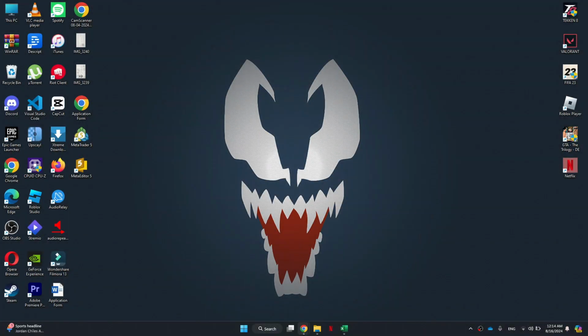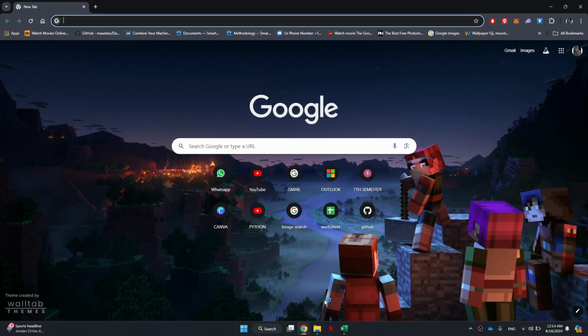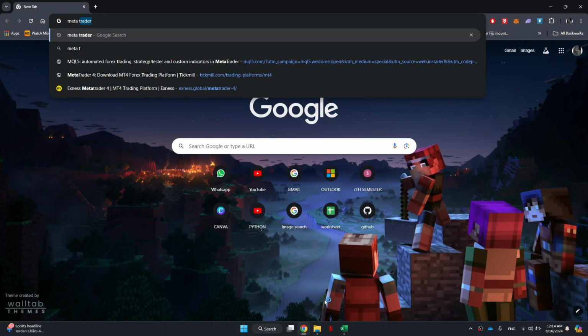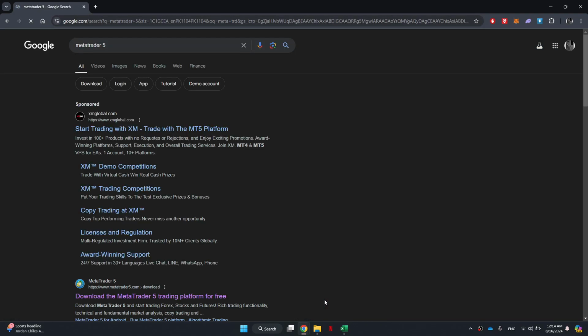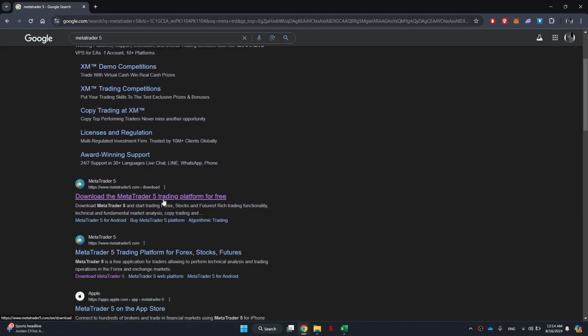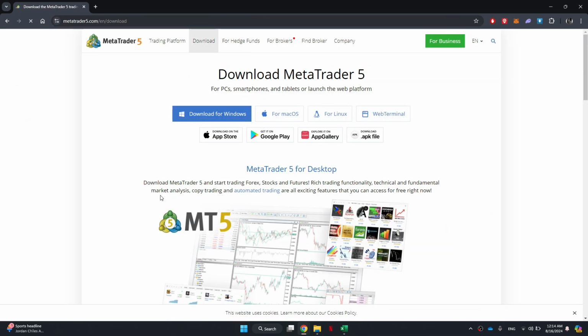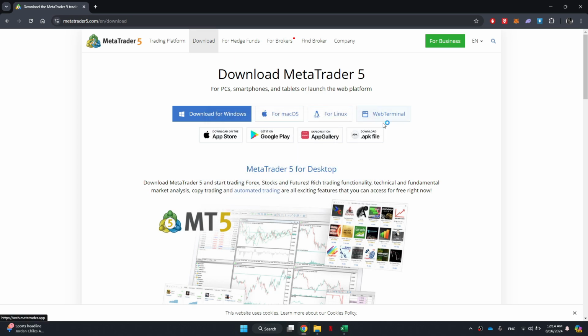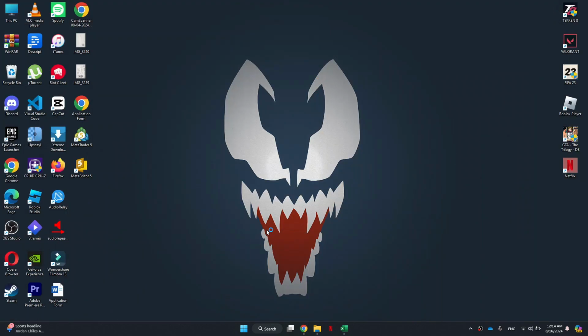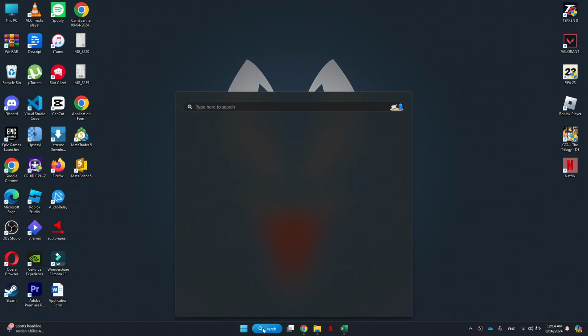Alright, let's begin. First of all, open any type of preferred browser on your PC and search for MetaTrader 5. After that, a bunch of search results will be displayed on your screen. Simply access the official MetaTrader website and you will be redirected to this web page. Here, click on the download button and the downloading process will get started. Once the download is complete, you can run the setup by locating the downloaded file and follow the on-screen instructions